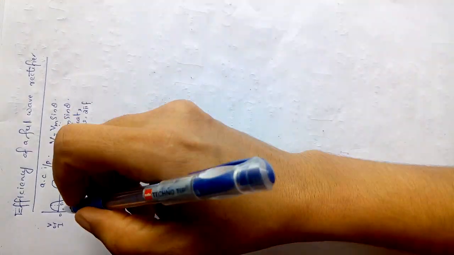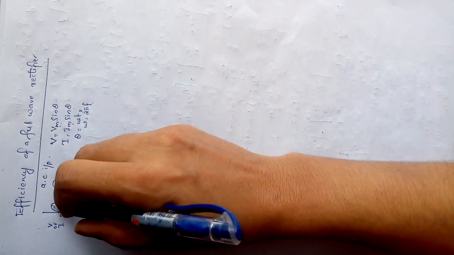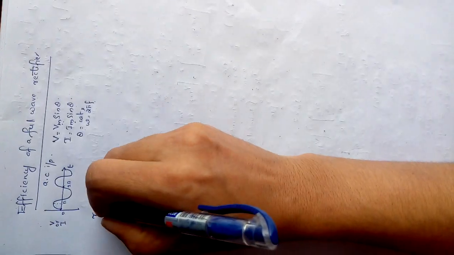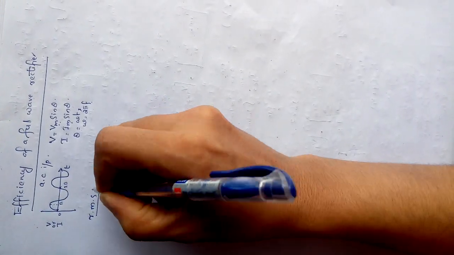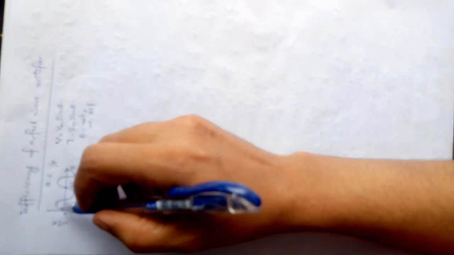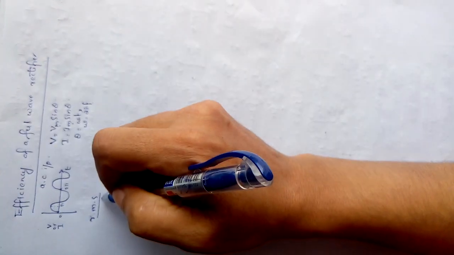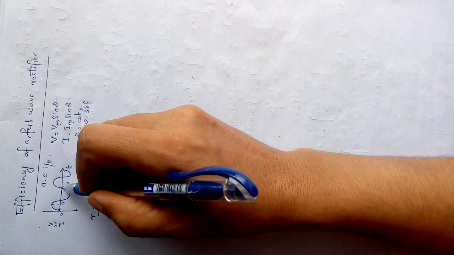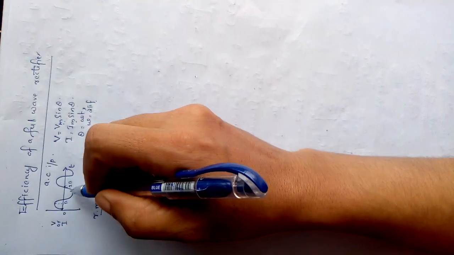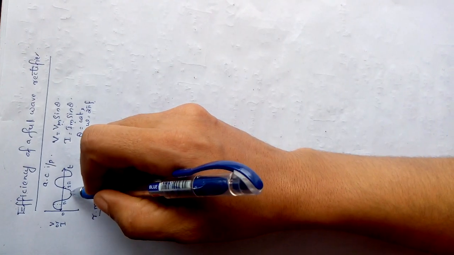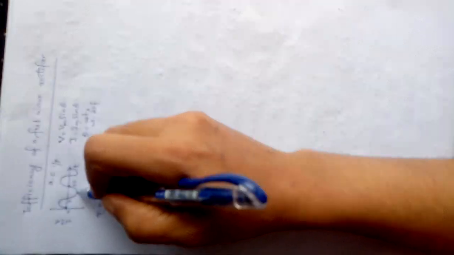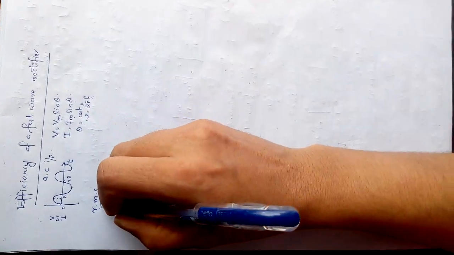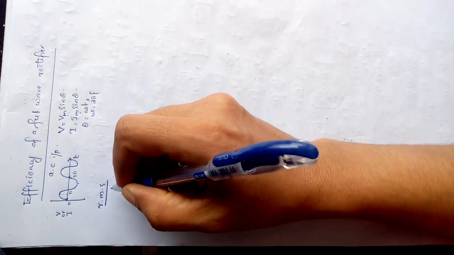So in order to represent the average value of the AC, we use a term called the RMS value, that is the root mean square value. The importance of the root mean square value is that if we take the average of AC over a full cycle, the positive half cycle is exactly equal to the negative half cycle. So the average over a period of 2 pi will be equal to 0. So we will take the RMS value of this AC.